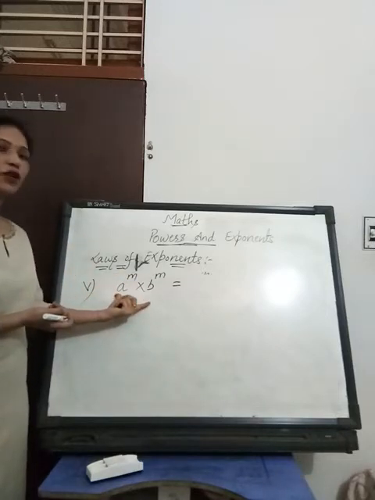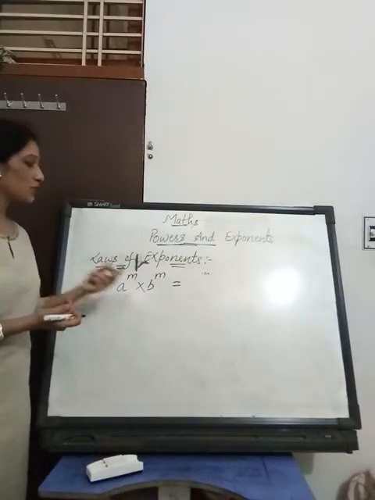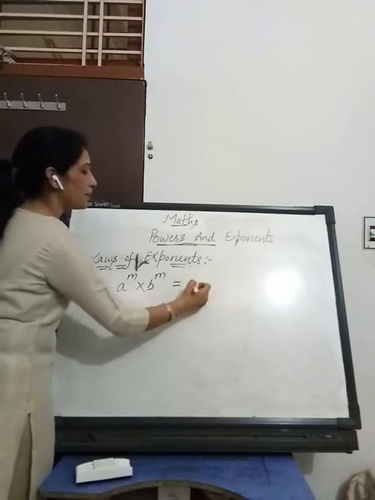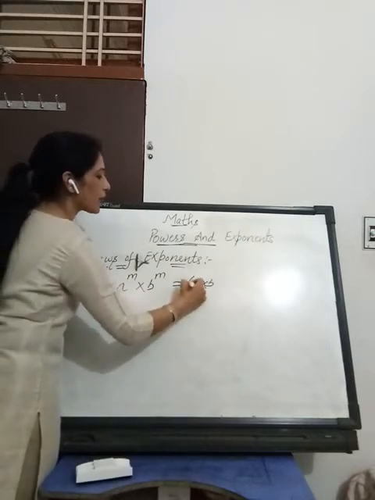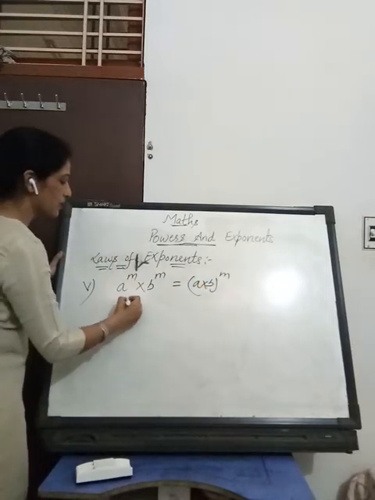But in the fifth law, look at here, powers are same but bases are different. So in that condition, what you have to do, you will multiply the base only and power you have to write as it is. For example, your question is